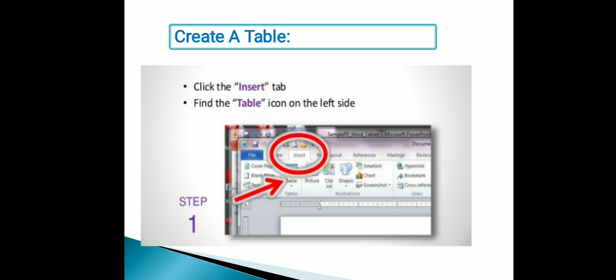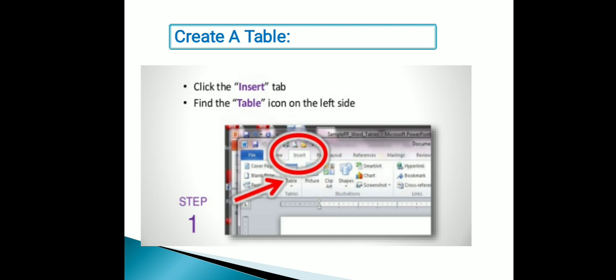You can see here the example. Go to the Insert tab, step 1. Click on the Insert tab and find the table icon on the left side.